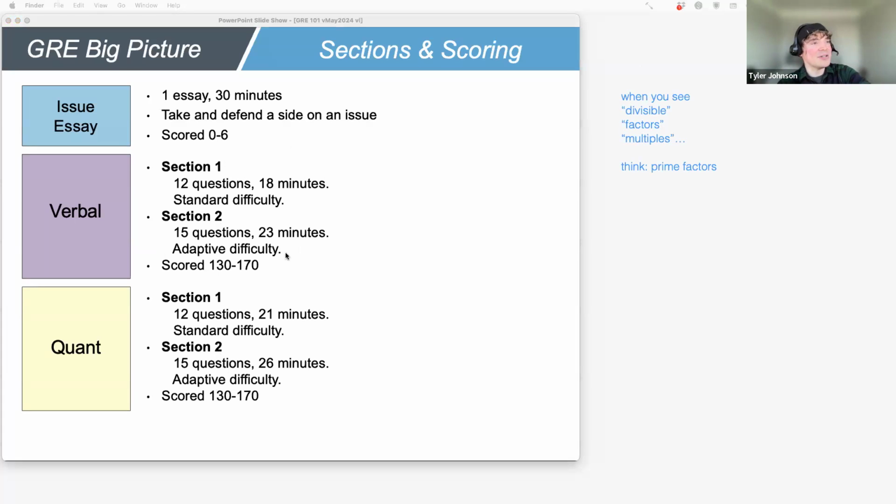What's a little bit different here is the timing. Your first verbal section is 18 minutes, your second is 23, and your first quant is 21 minutes, and your second is 26. But it is the same number on your first section, right? 12 questions on each of those. Likewise, for the second section, it'll be 15 questions each. So if you were to average it out, it's about 90 seconds per question on verbal, and about 1:45 per